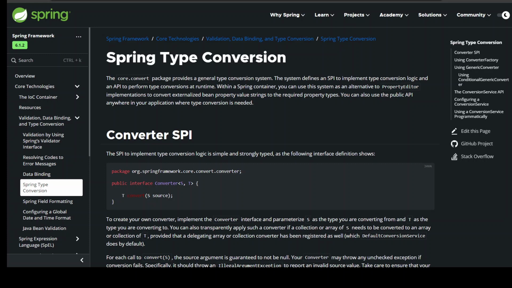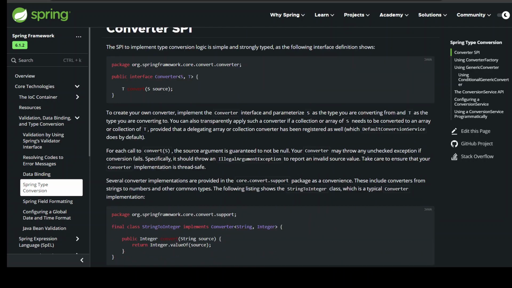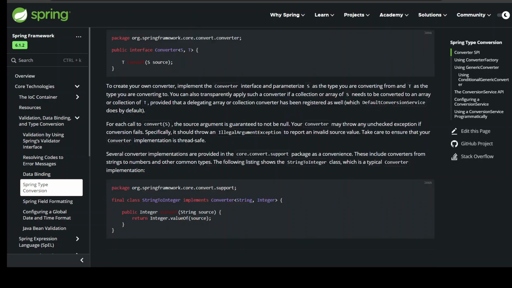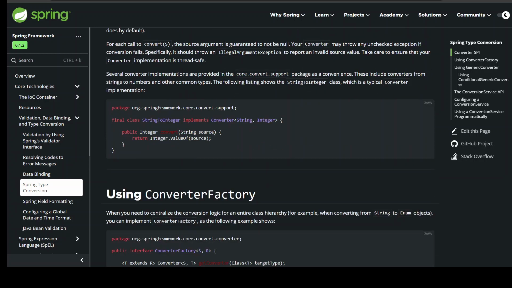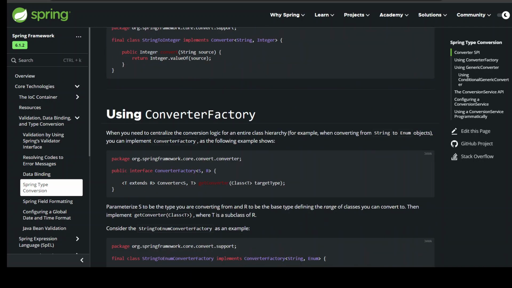Several converter implementations are provided in the core.convert.support package as a convenience. These include converters from strings to numbers and other common types. The following listing shows the StringToInteger class, which is a typical Converter implementation. package org.springframework.core.convert.support; final class StringToInteger implements Converter<String, Integer> { public Integer convert(String source) { return Integer.valueOf(source); } }